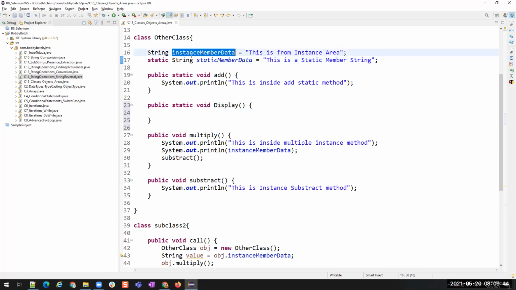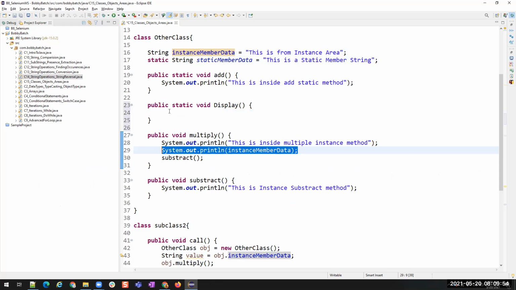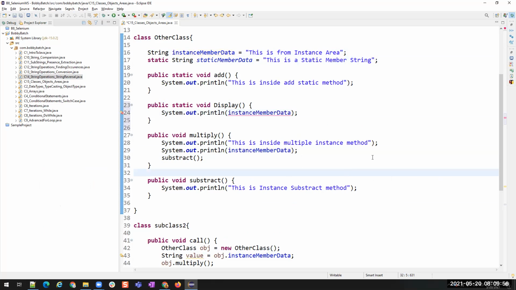I'm going to worry about this instance member inside this static area. If I want to use this instance member inside this static area, I cannot use it directly like this. You see, it will throw an error here. Is it throwing an error? What is it saying? Cannot make a static reference to the non-static field instance member data.